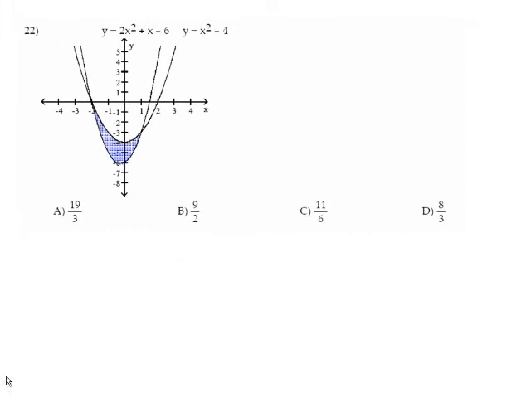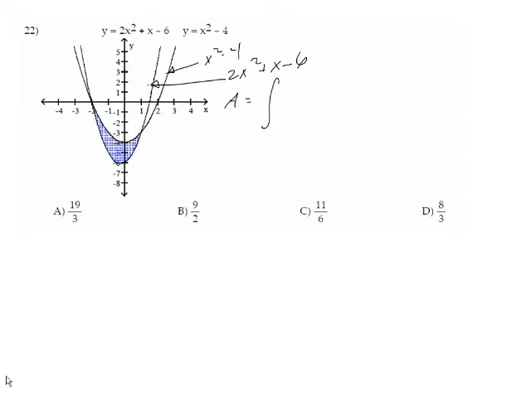Number 22 is, we have to look and see what the top function is. Top function looks like it's equal to x squared minus 4, and the bottom function is equal to 2x squared plus x minus 6. So the area